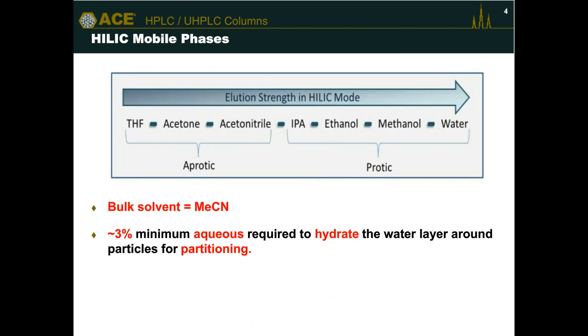In terms of the mobile phases, as I said, we tend to use similar elements to reverse phase, but in HILIC, the strengths of our phases are actually different. In HILIC, water is the strong solvent, okay? So to decrease retention, we would increase polarity of the mobile phase, and in HILIC, we do so by increasing water. The bulk solvent in HILIC, however, is acetonitrile. Acetonitrile, this is an aprotic solvent. It is essential, however, that we maintain approximately 3% minimum of our aqueous proportion in order that we maintain that hydration, that water layer around the particles,